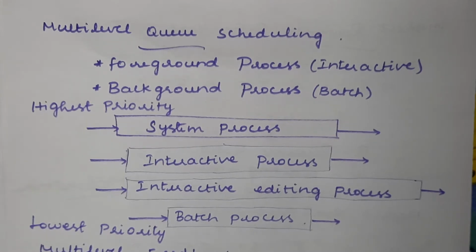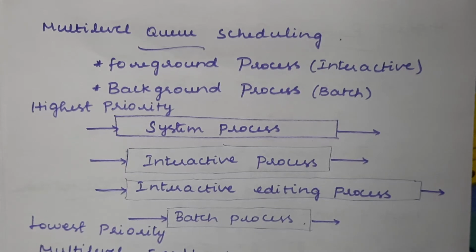So what do you mean by background process? The process which does not have any interaction with the users. Simply the user will enter the process into the system, and the system will automatically execute the process entered by the user. So in between the execution, it does not need any interaction with the user. That is what we call a batch process. And obviously a batch process works under non-preemptive mode, because in the middle of execution there is no way of releasing that particular process from the CPU. That is non-preemption mode. So that is what we follow in order to execute any background process, which is nothing but a batch process, right?